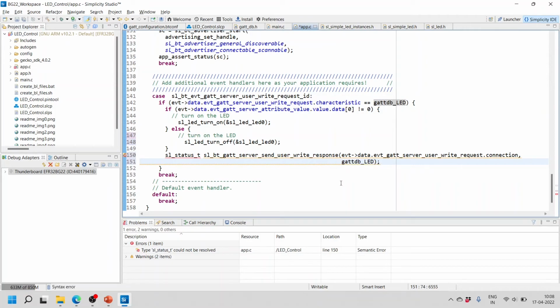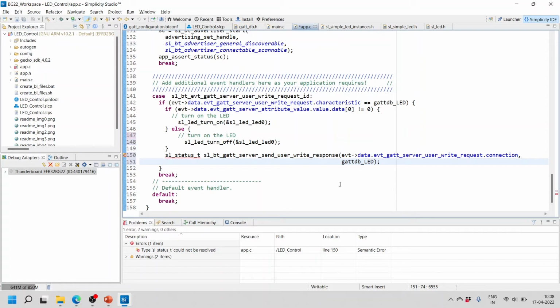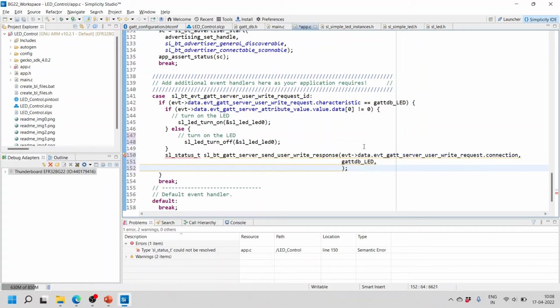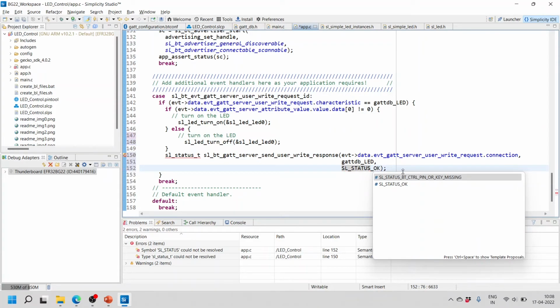This is the second parameter, comma, and then the final last parameter is the error code. So if everything is okay, we will use the SL_STATUS_ underscore. Okay,